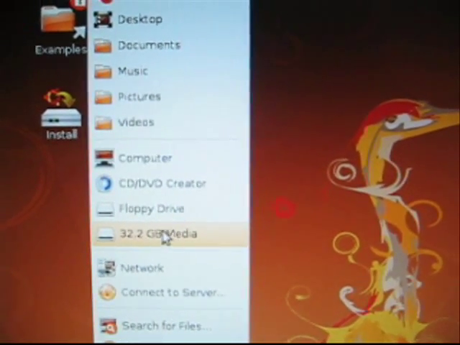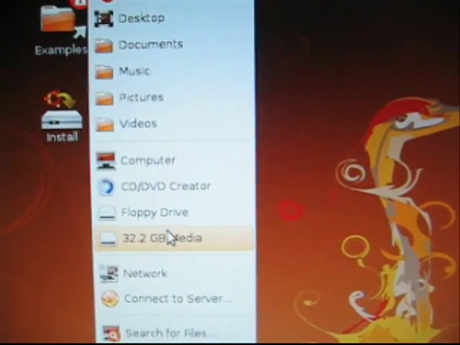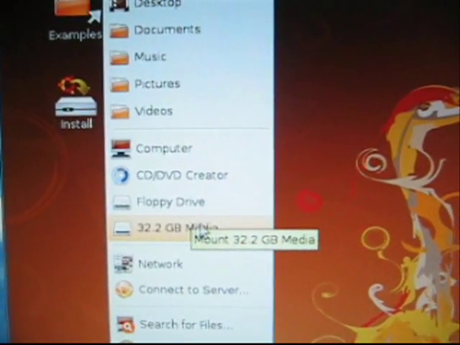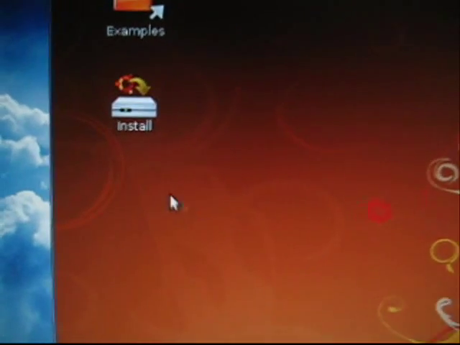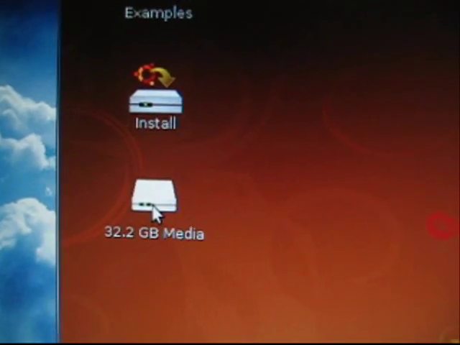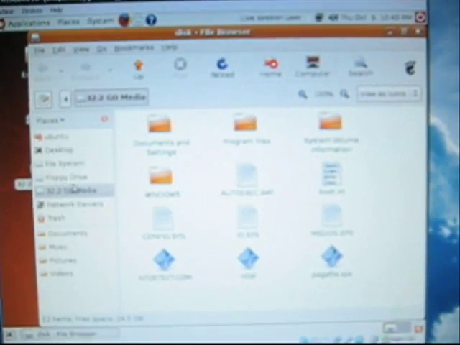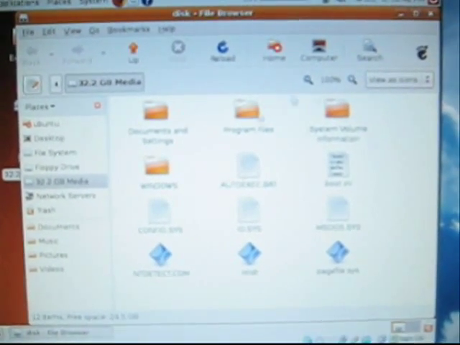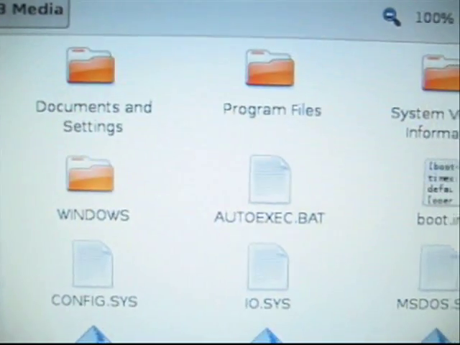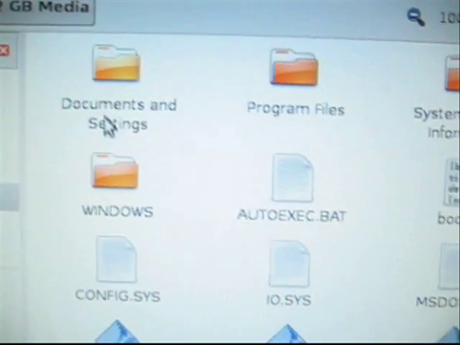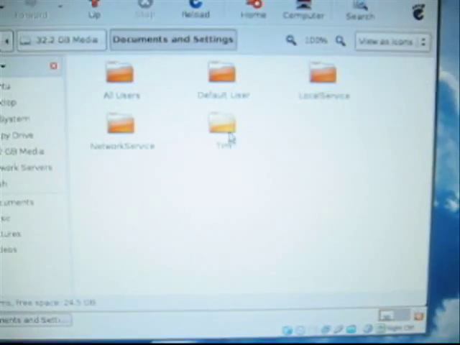That is the only hard drive I have plugged into this virtual machine, and whatever drives you have plugged into your computer should show up there, and you can click, and then that'll mount. Then you can open that up. Here is all your files. You can see that this is a standard Windows C drive: documents and settings, program files, system information, Windows, everything. And I can browse through all my data,